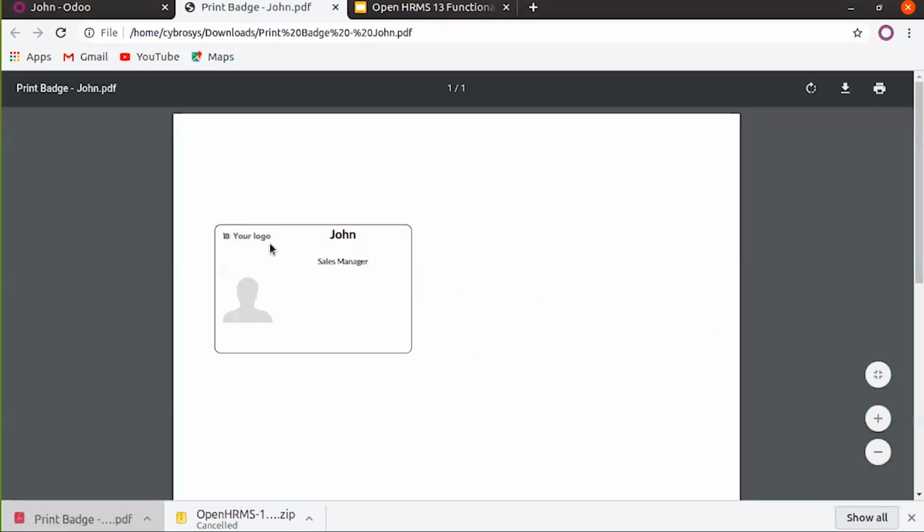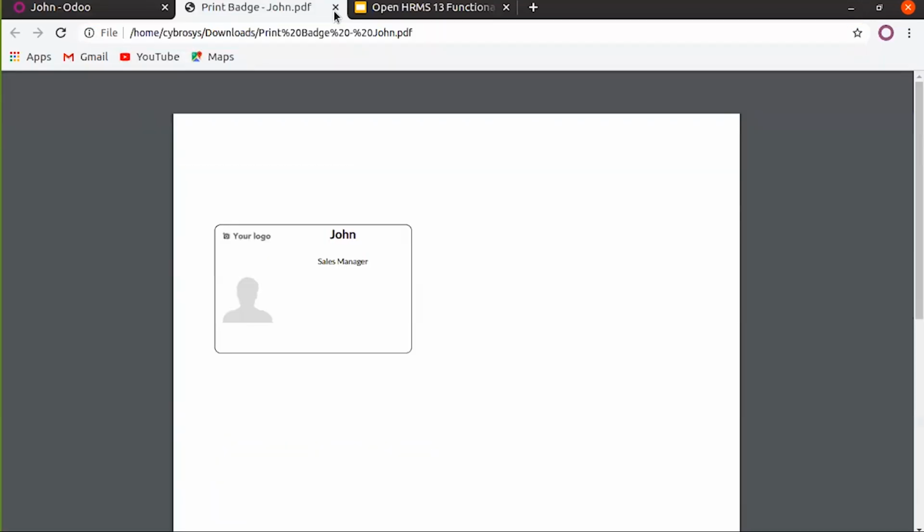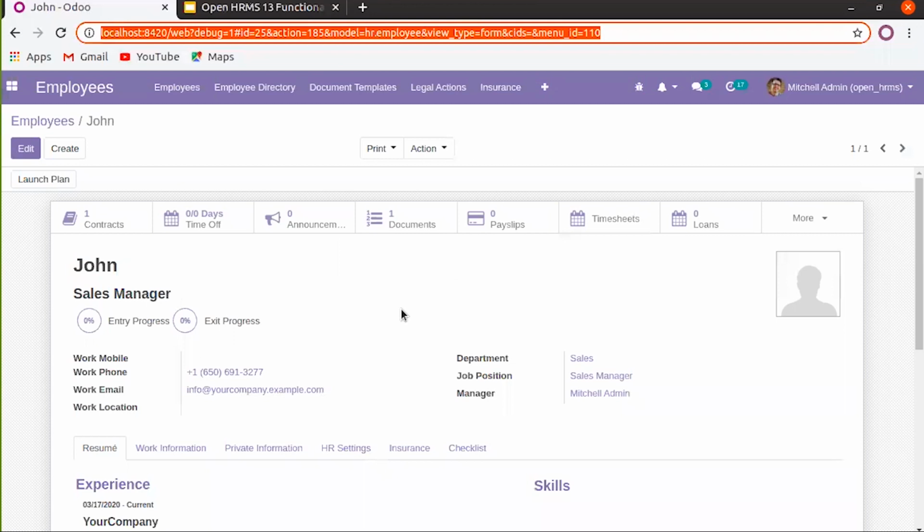So you can find the details. This is just a template. If required, you can change the template in the coding. So the next process, once we have created the employee, is the